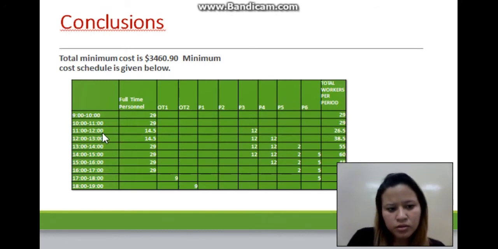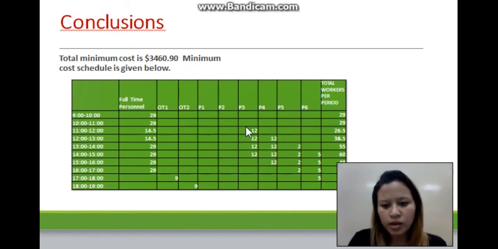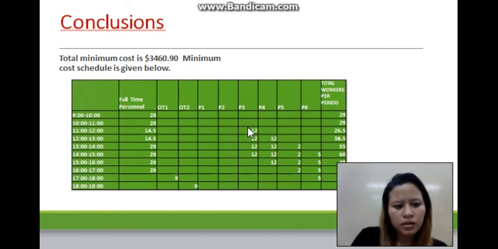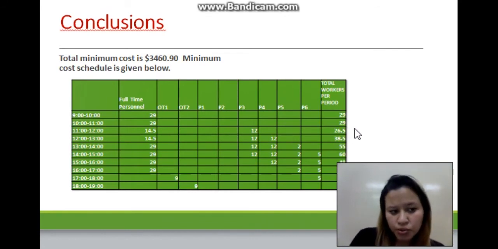From 11 to 12 is 14.5, but in this case 12 part-time workers will also be required, which gives a total of 26.5 for this period. From 12 to 1 p.m. is